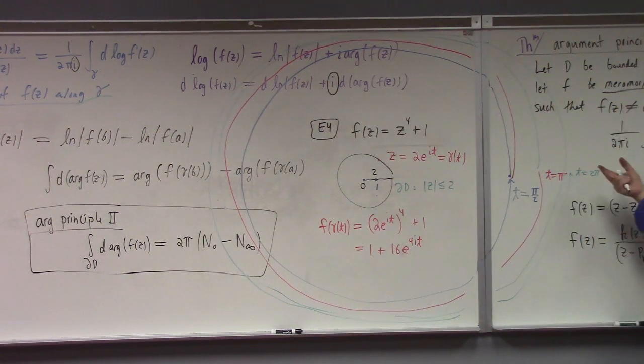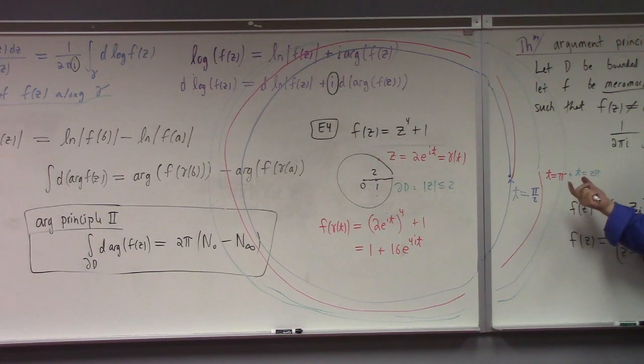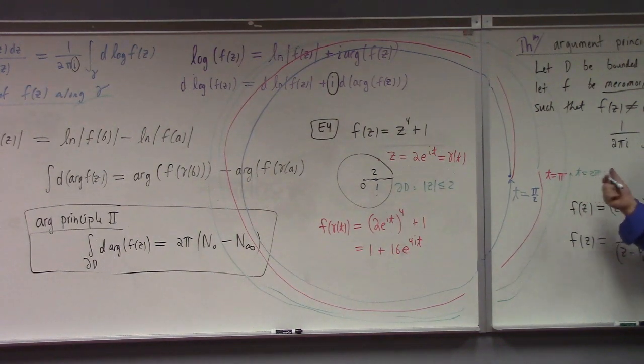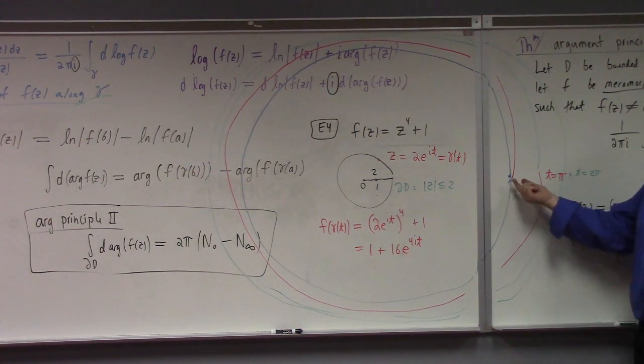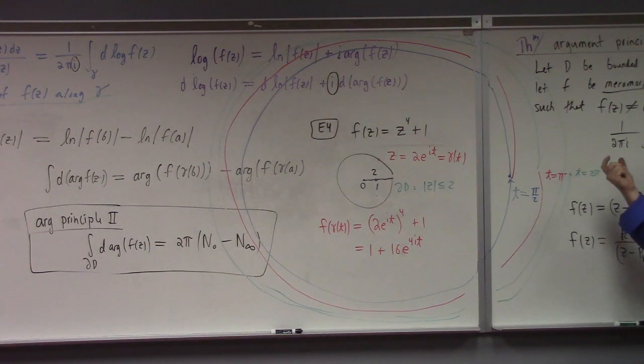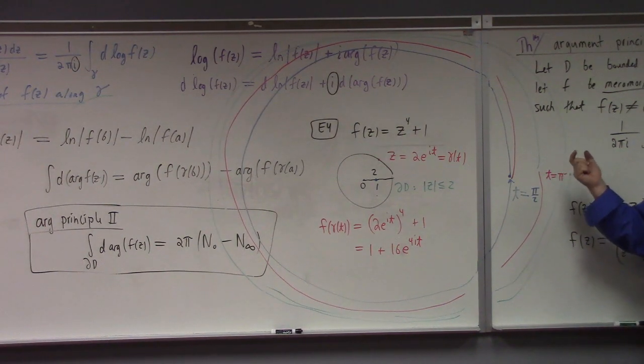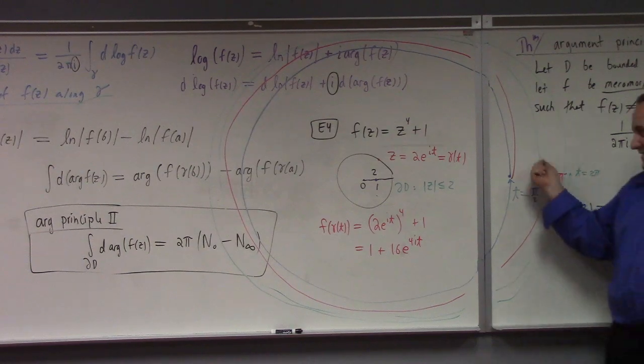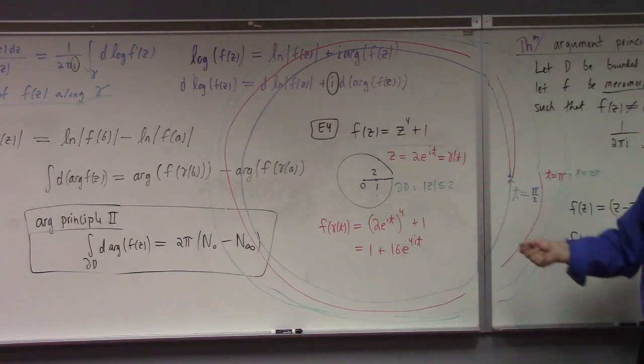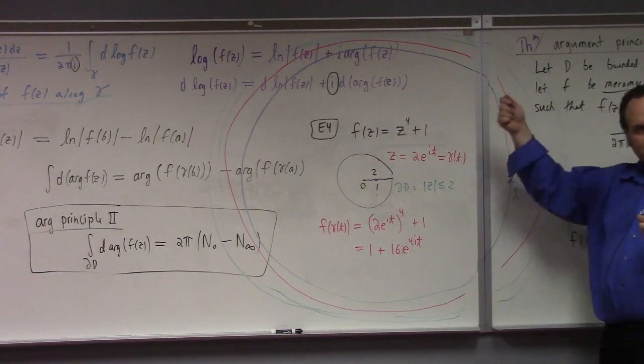What's the change in angle for the image curve? 8 pi. Because the change in angle is not a displacement. It's like distance traveled versus displacement. Think of distance traveled. So it's the net change in the angle, but it depends where you went. So anyway,